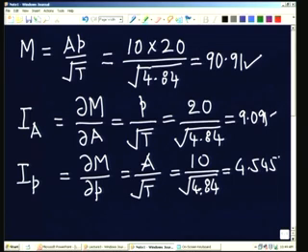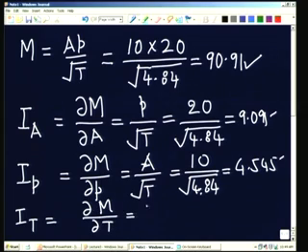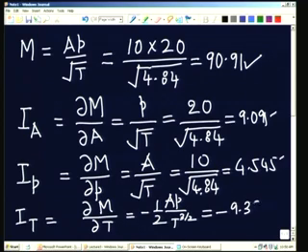So, 2 influence coefficients are there. The third one is I subscript T, dou M by dou T. This will be minus half A P by T to the power of 3 by 2, and I can substitute and obtain the value as minus 9.39. So, the 3 influence coefficients are available here,